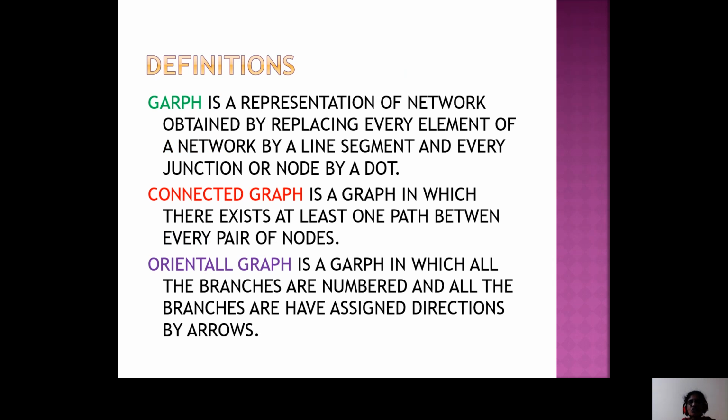And some of the definitions of graph theory: first you have to know what a graph is. A graph is defined as a collection of various nodes and branches. A collection of various nodes and branches is nothing but a graph. That means if there are a number of elements, either active or passive, you simply represent them in the form of line segments. If one resistor is connected between two nodes, you eliminate that resistor and simply draw a line. Similarly for any capacitor or inductor, whatever